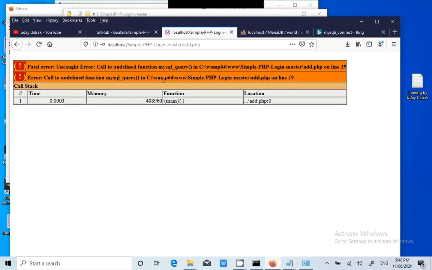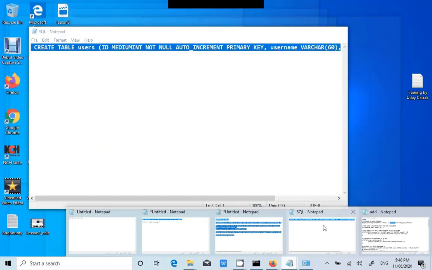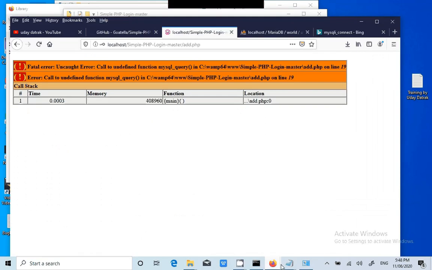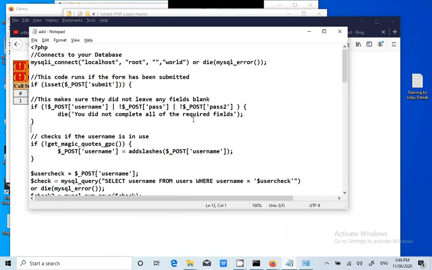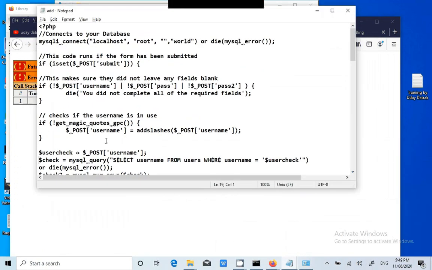Okay, now there is one more error on line 19. That's interesting. At least we are understanding a little more about the code. 12, 13, 14. What is the line number? We have got error 19. Select username from users where. Okay, see, one more error. What is the error name here we are getting?